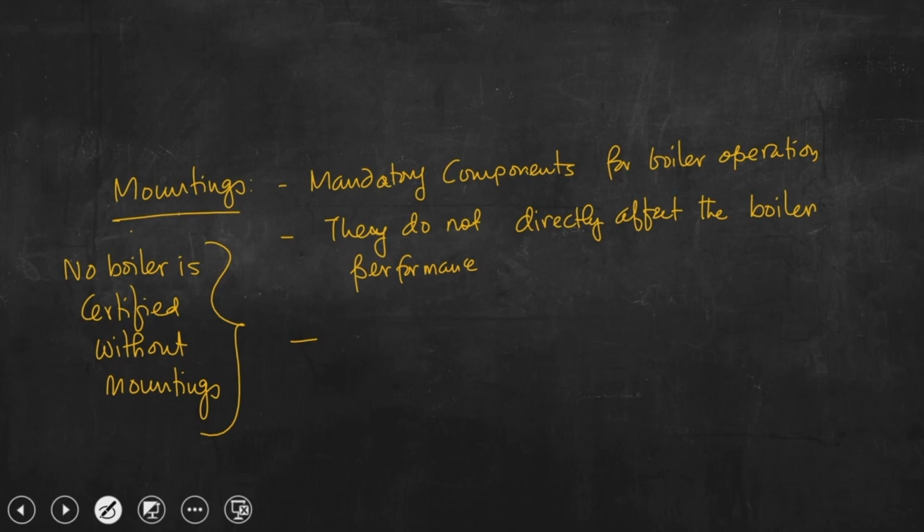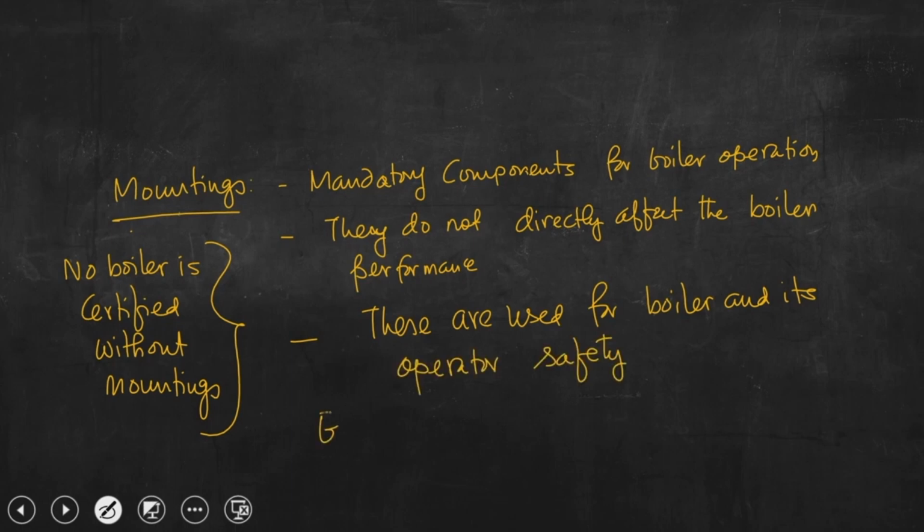Basically, a boiler should have all these components. They do not directly affect the boiler performance, but these components are used for the boiler and its operator's safety. Example,